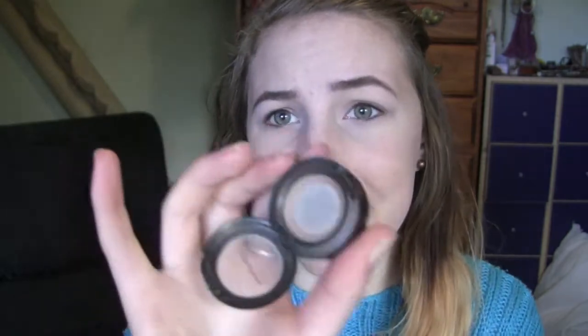But the eyeshadow I use is Wedge by MAC, and as you can see, completely well loved. The other one had hit pan. This is just not even existent anymore, really. It's just a warm mid-tone brown colour. I would swatch it, but I can't. But I just take this brush with it, swirl it in and get as much product as I can. And then I begin to apply it to the outer corner,